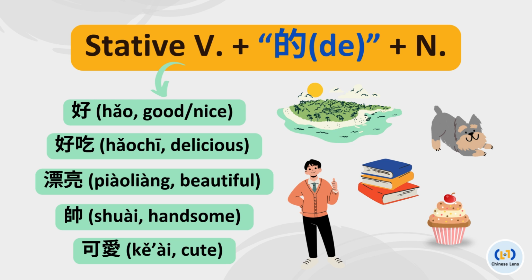A stative verb is a verb that describes a state or a condition that is stable or unlikely to change. Many adjectives in English are considered stative verbs in Mandarin, for example, 好，好吃，漂亮，帅，可爱。